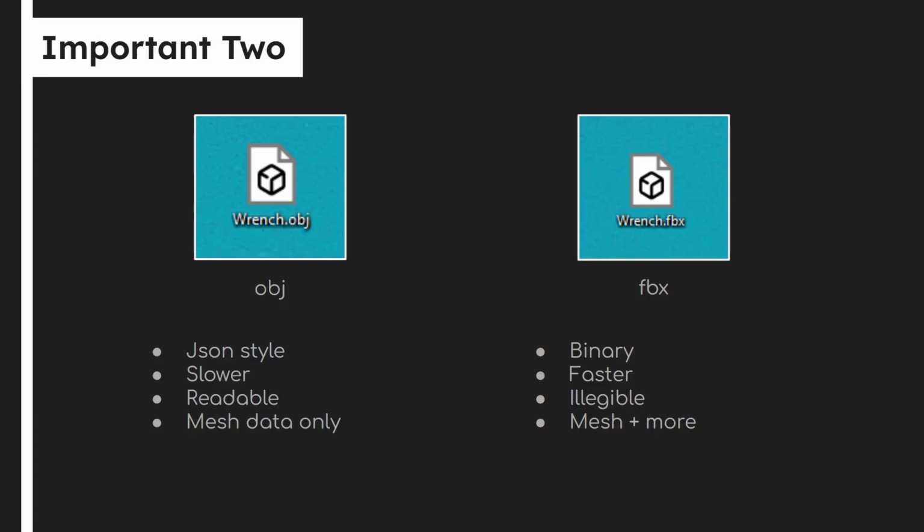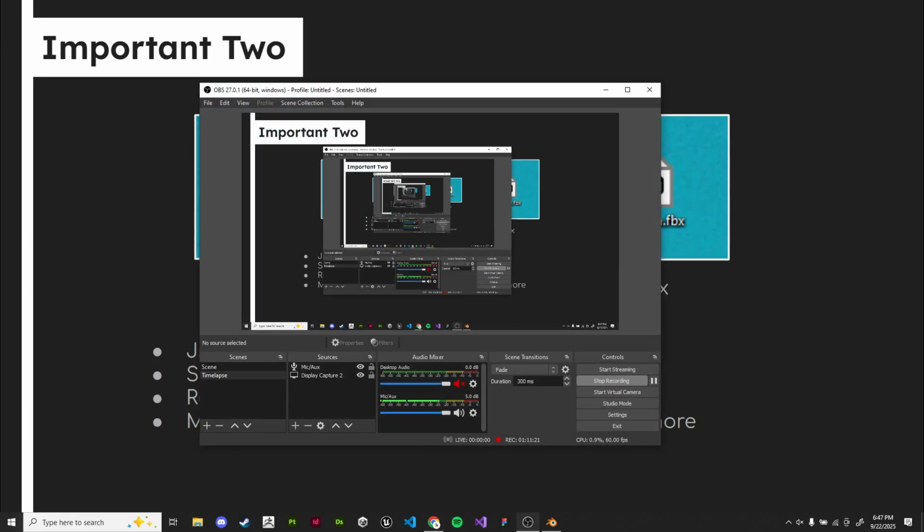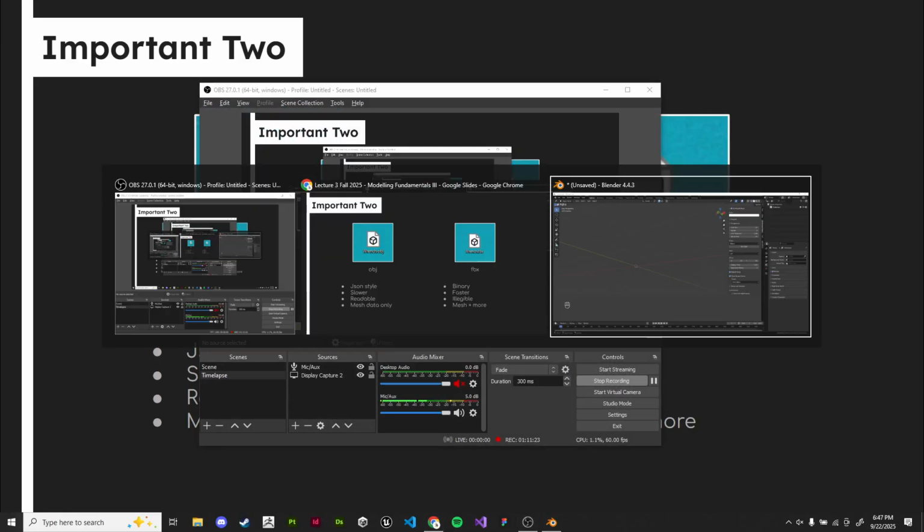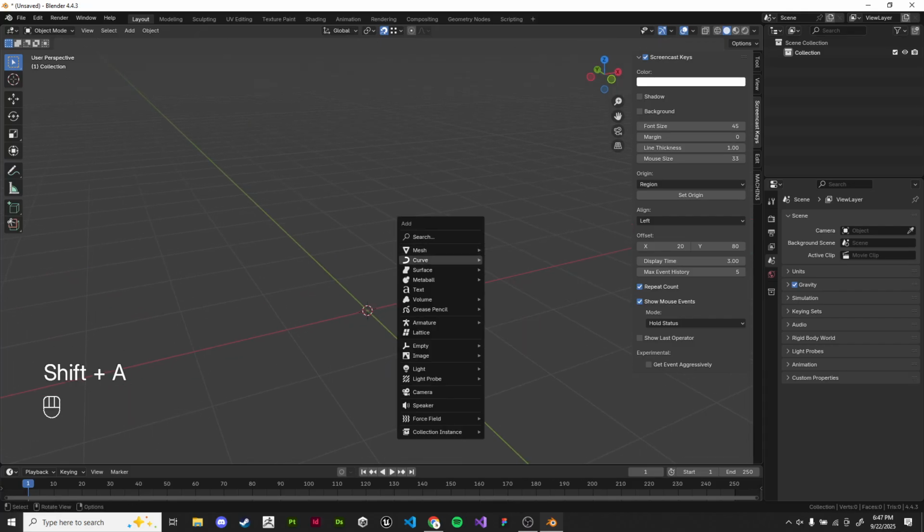FBXs, on the other hand, have all kinds of other information, including storing materials. So if you add a material in Blender, it will store that material slot, not the material itself. And I want to make that very clear. It's storing the material slot. So what does that mean? If I give a cube a material,